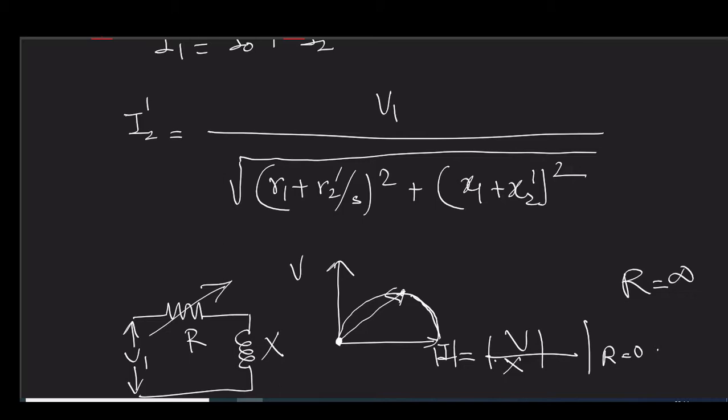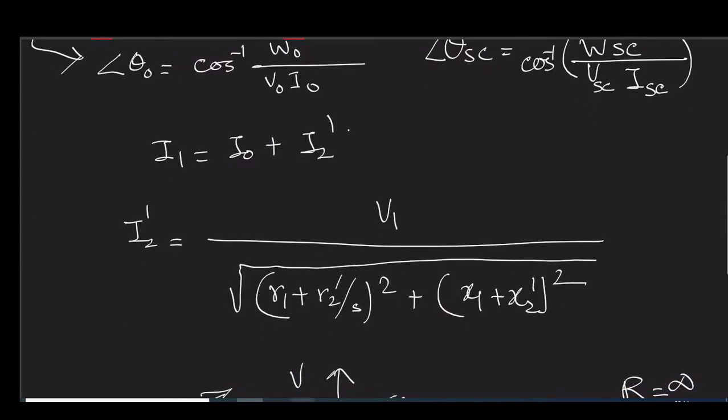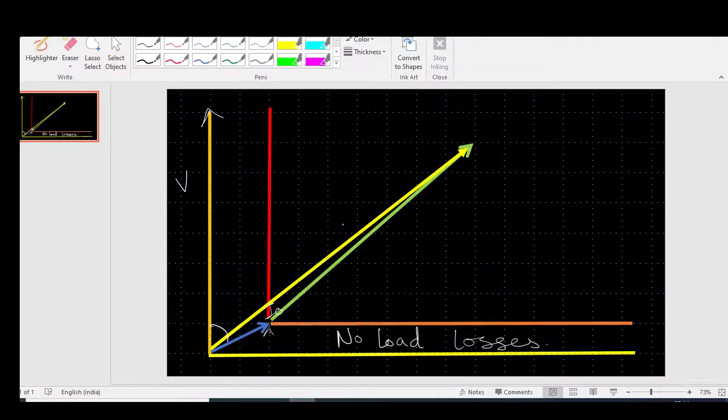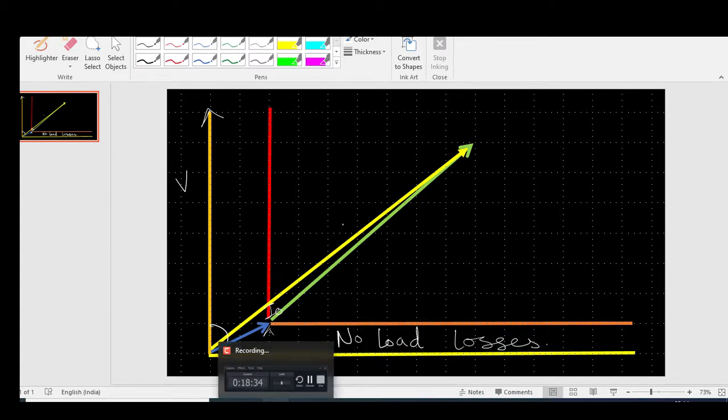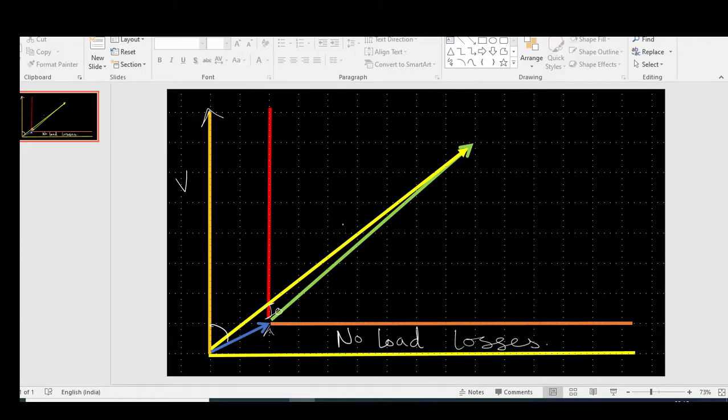Similarly here in our diagram, we should get a circle. But the question is how to draw this circle. We can draw it using a technique,